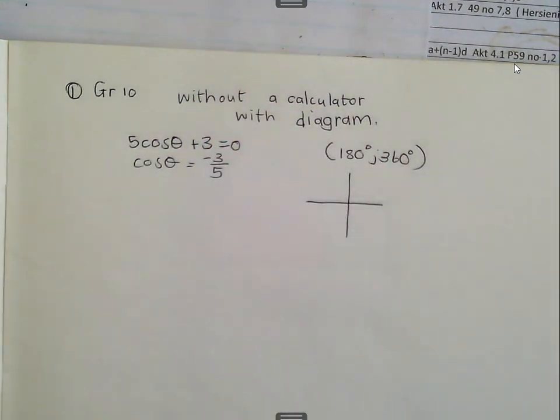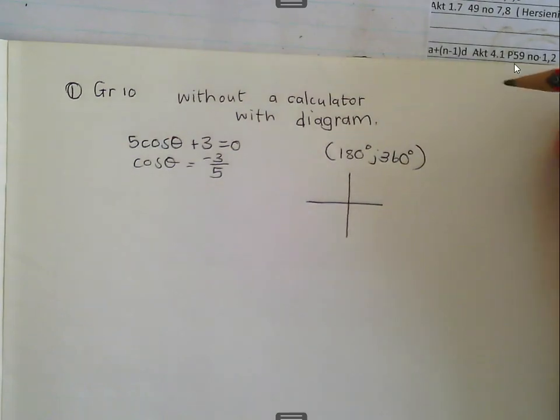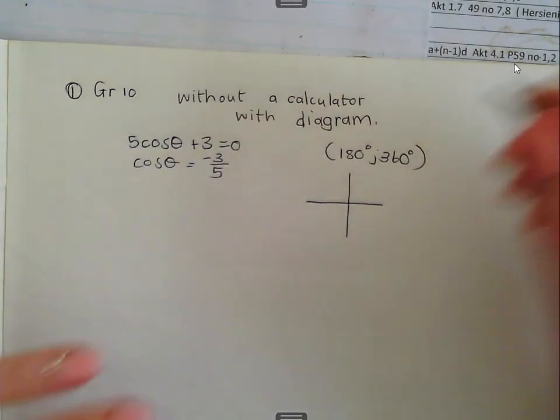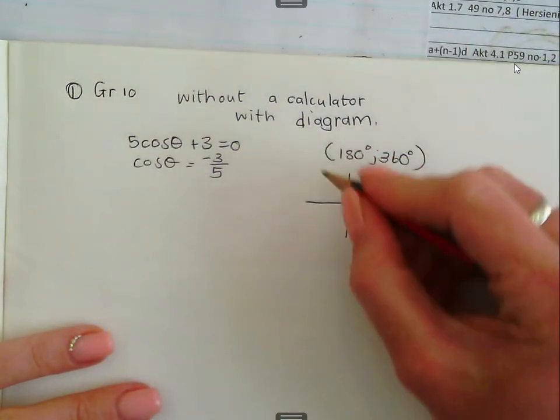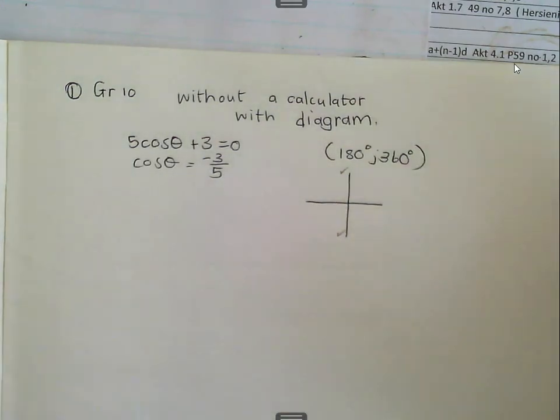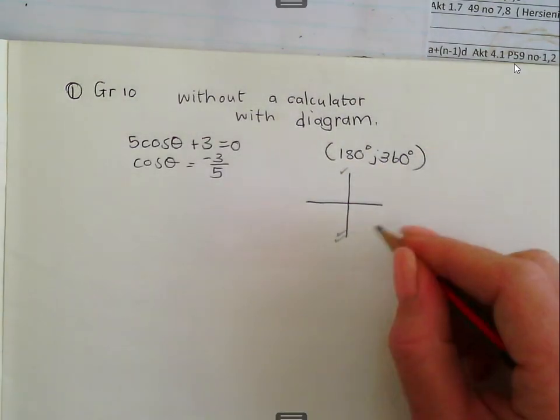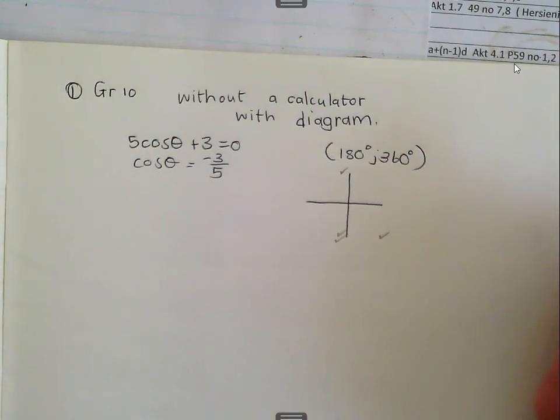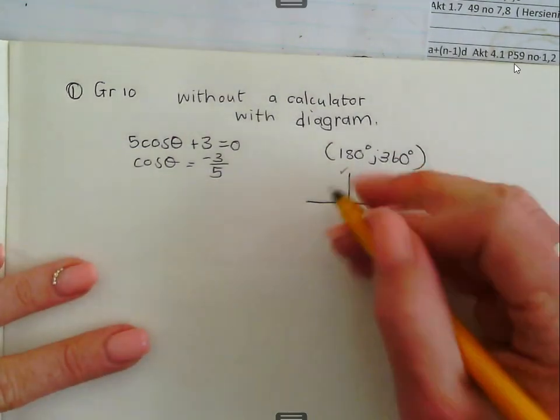Now when I draw this diagram, because it's theta, it can be any value, right? So it can be an acute angle or obtuse or reflex, whatever. You have to go and determine which one it's going to be. So because it's negative, you know it's in the second and in the third quadrant. So you've narrowed it down to 2 possible quadrants. And then this restriction narrows it down to one specific quadrant, and that is the third quadrant.